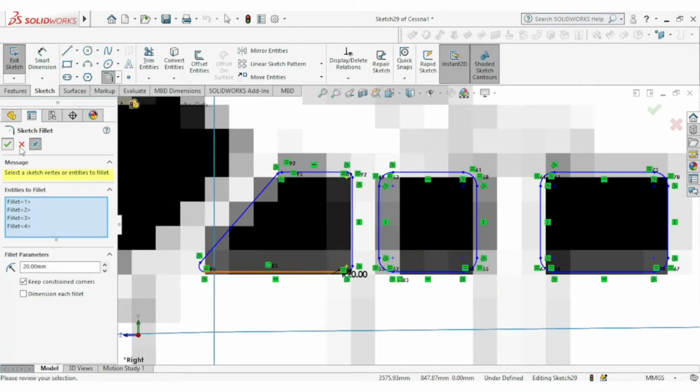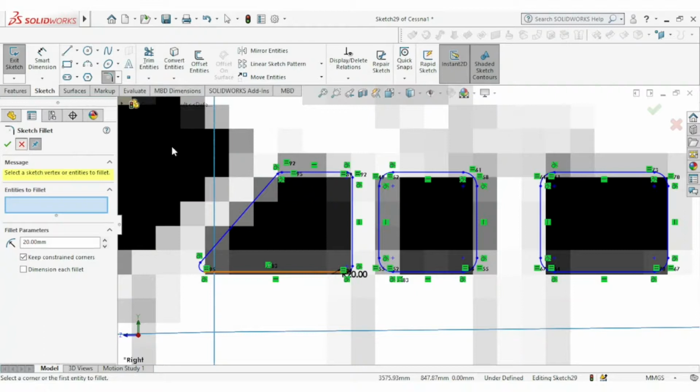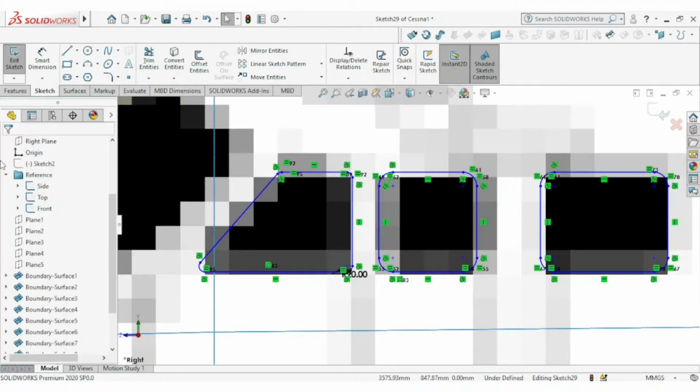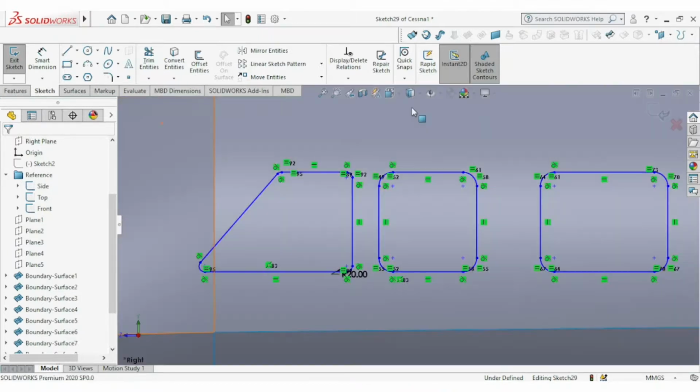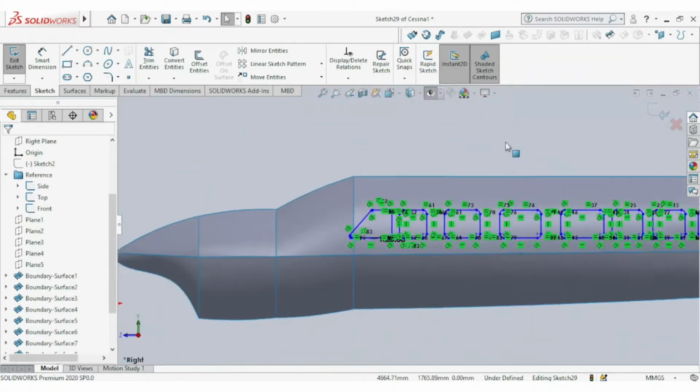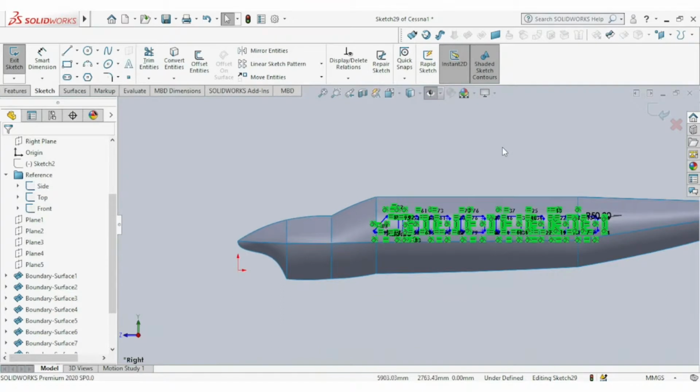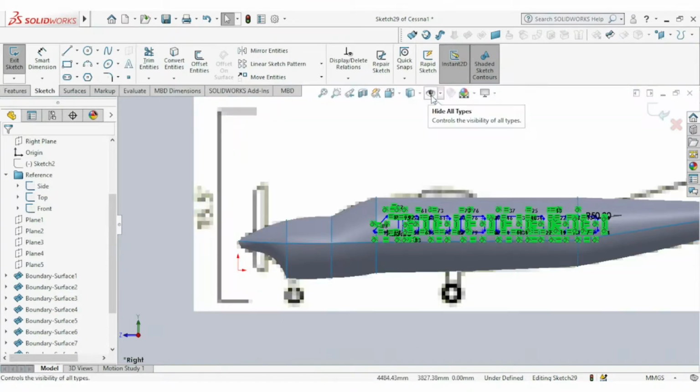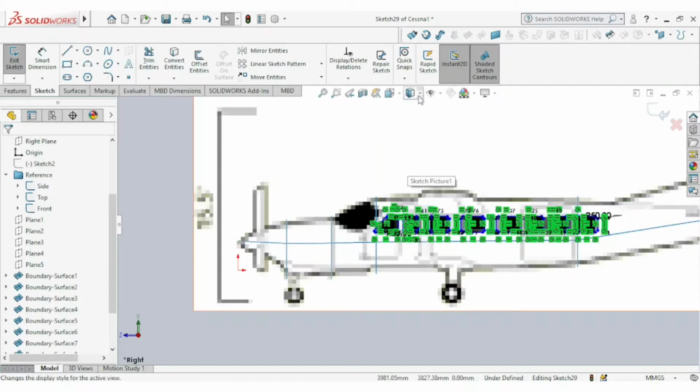Alright, so let's go back to solid preview. We show the edges and inside the reference images. So that's what we have. Let's see with the reference images. Win check. Okay, it's fine.